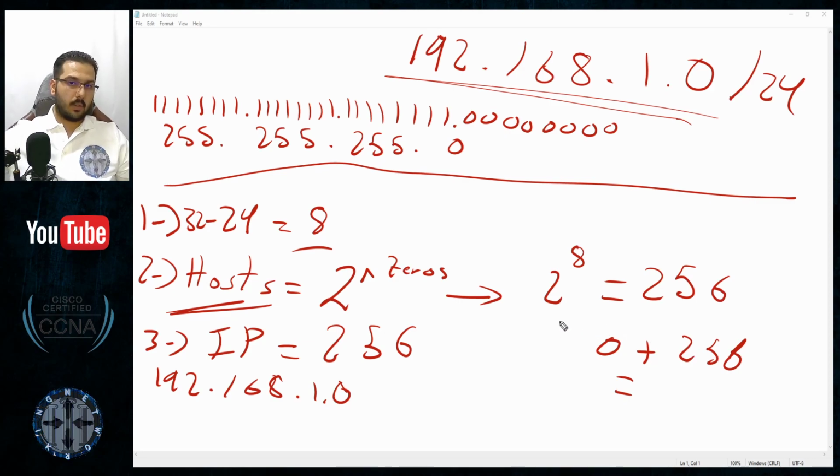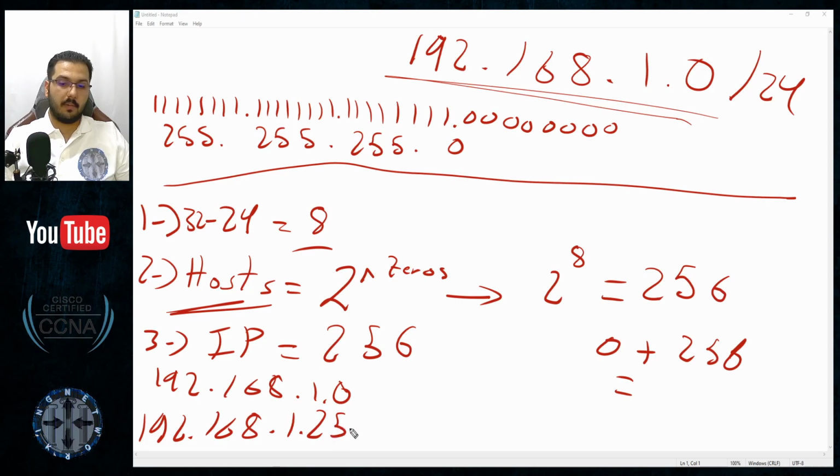And I will give you a ton of more examples. But the idea is, since I started counting from 0, then I shifted back one numerical value instead of starting counting from 1. So the last number will be 192.168.1.255. These are the two numerical values that I just want to get out today in this video. This is very important, and you'll have too many examples in the upcoming video.